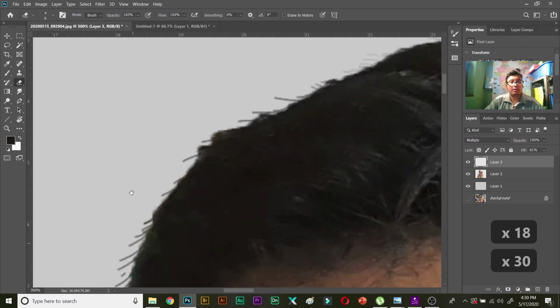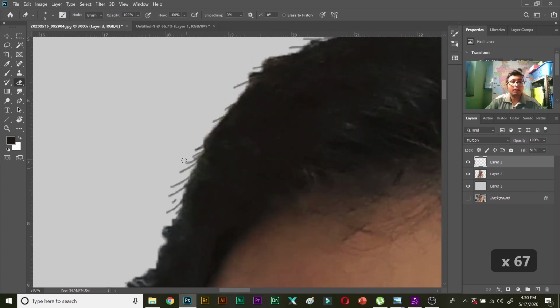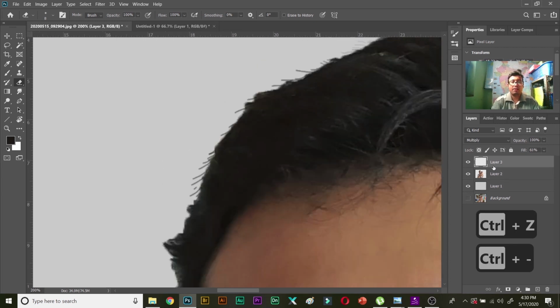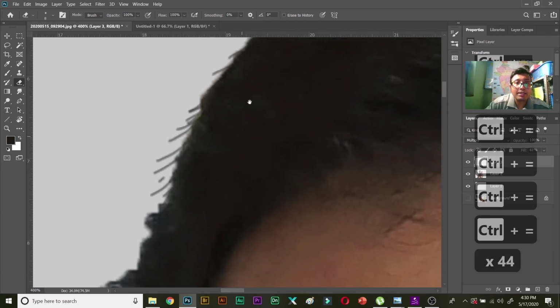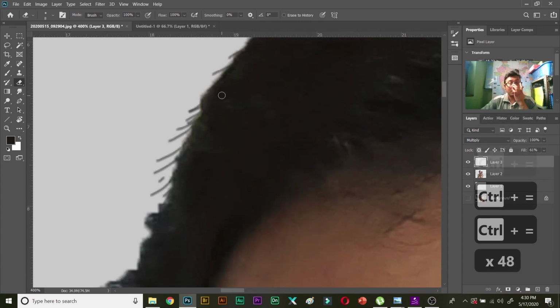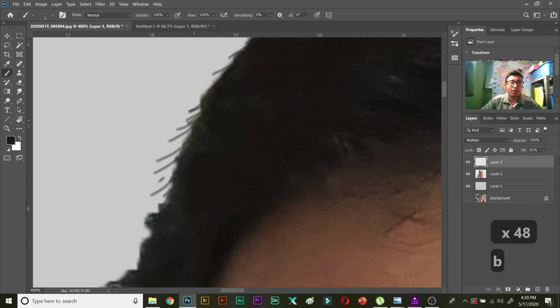So you can experiment, but most importantly the hair brush is very important. You see guys, I just did these parts in a hurry when the brush size was very thick. So now you can always give makeup.